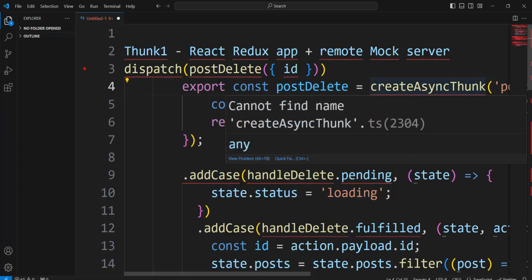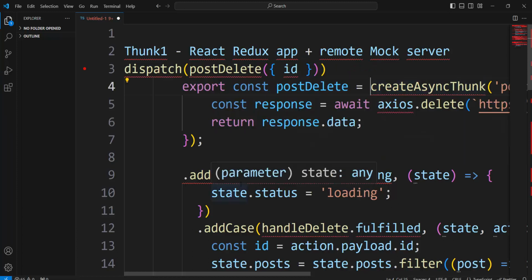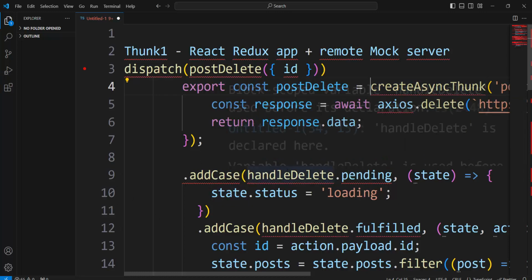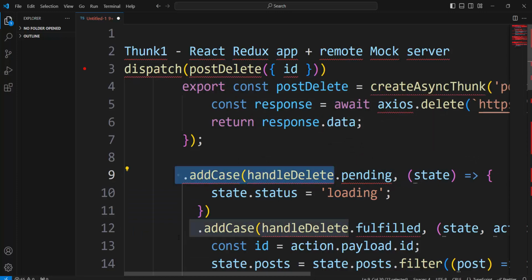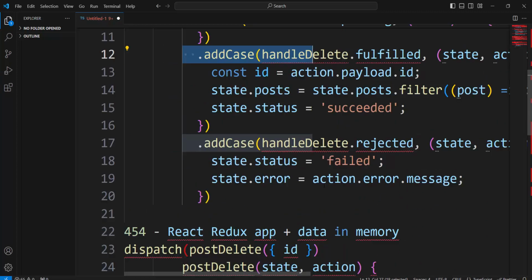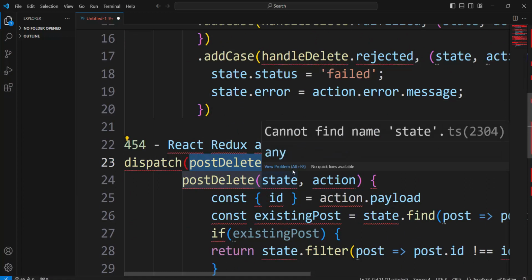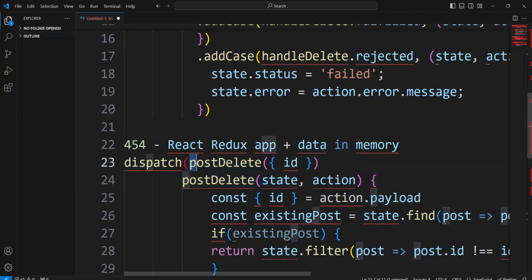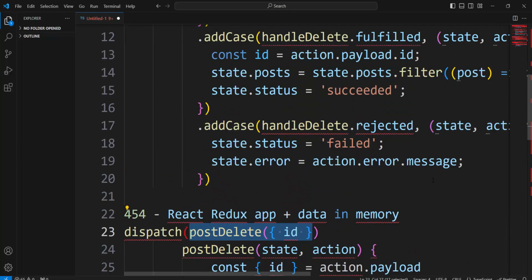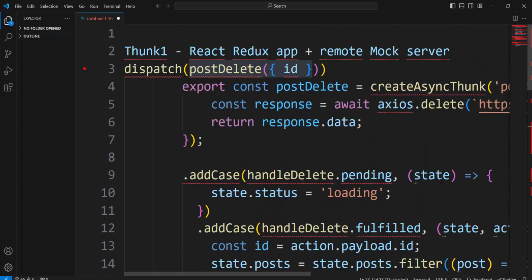Create async thunk function, what does all, and after that data go to creator. Add case, it is creator, action creator. But here immediately we have it is action creator. It is action creator. Final station. Okay, handle delete, post delete, and